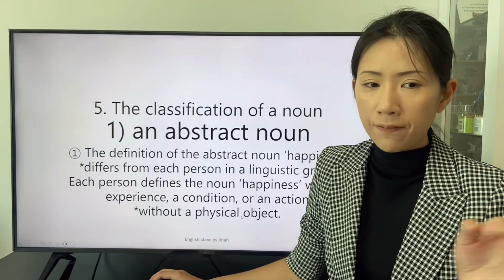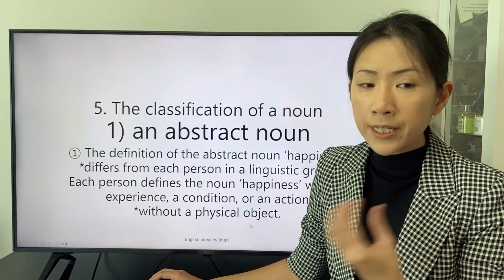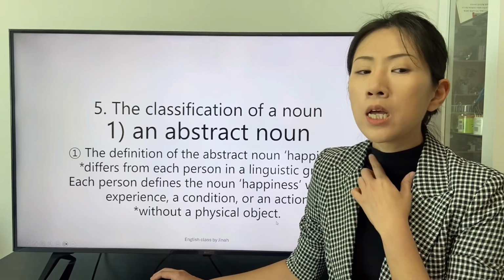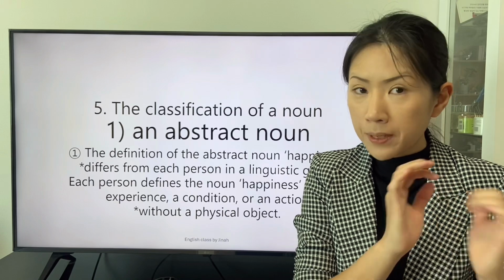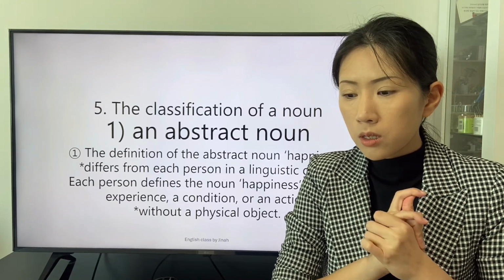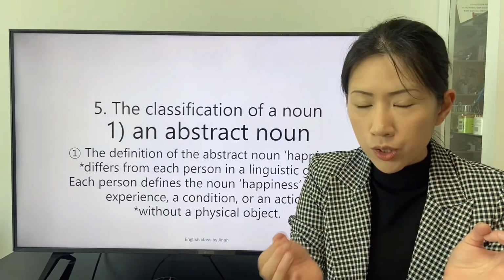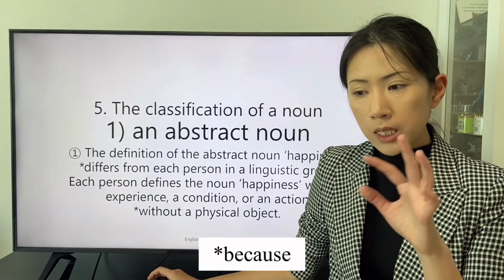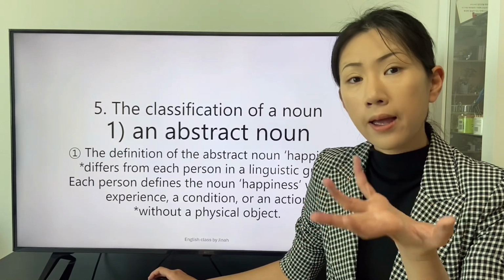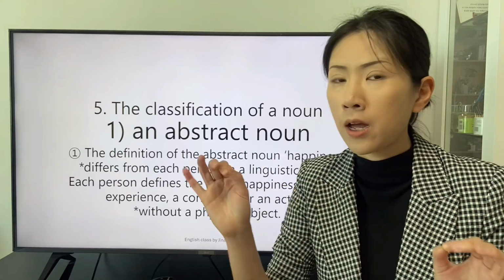Each person defines the noun happiness with an experience, a condition, or an action with the physical object. I define the object happiness with my condition of gratitude. The object indicated by the abstract noun happiness